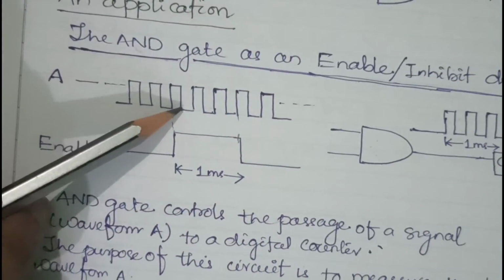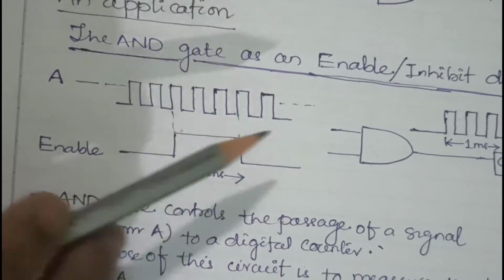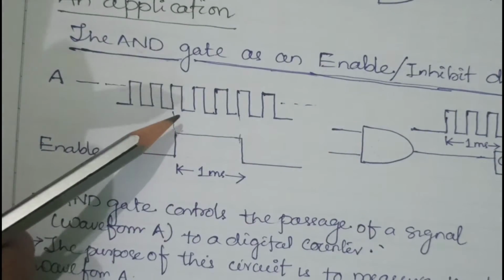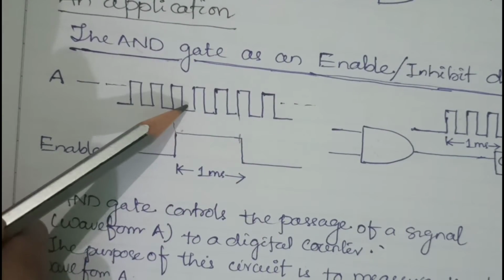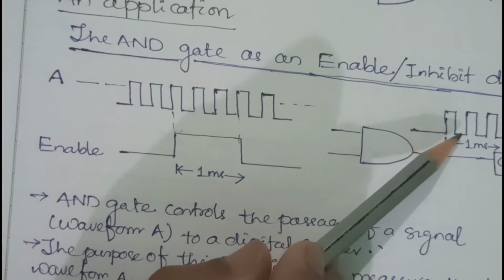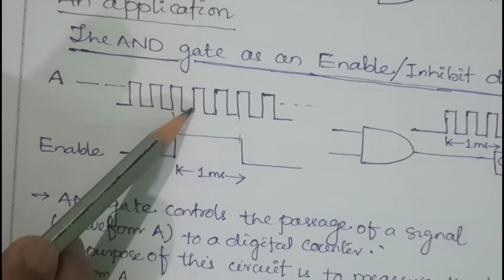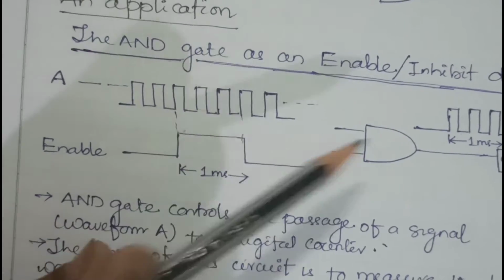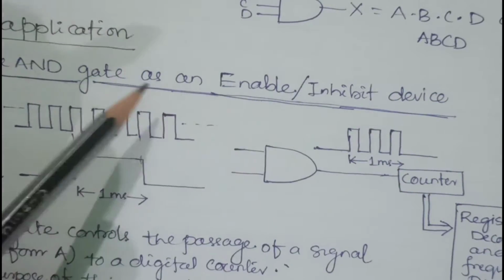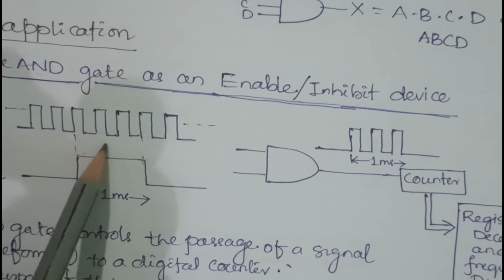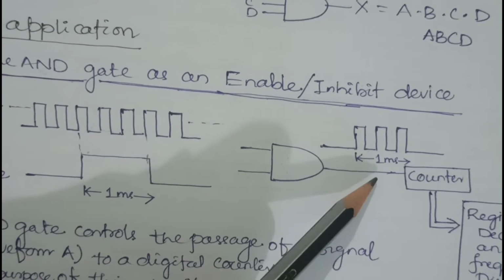So from here to here both my signals are high, similarly my output is high. From here to here this is low, this is high, so the output will become low. In the third interval, both are high, so the output is high. Like this, you have to check for which interval my signal is high and for which interval it is low, for both signals.